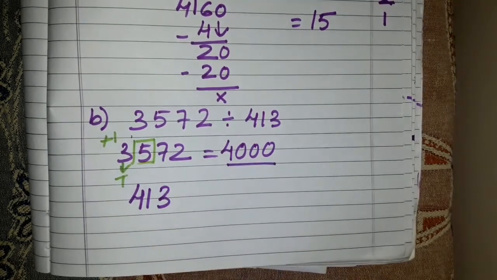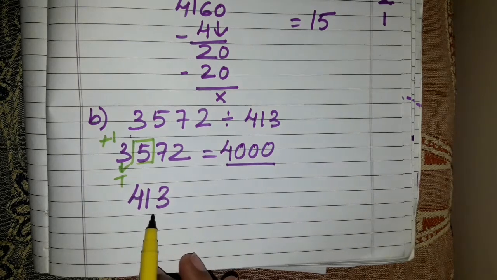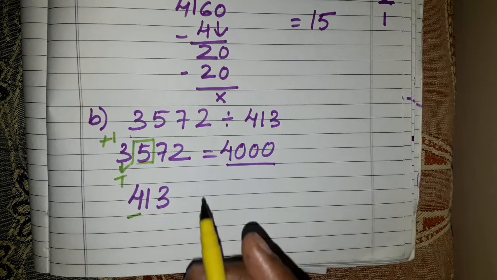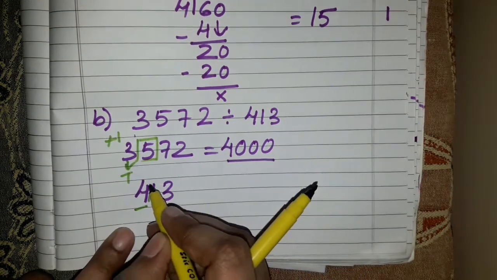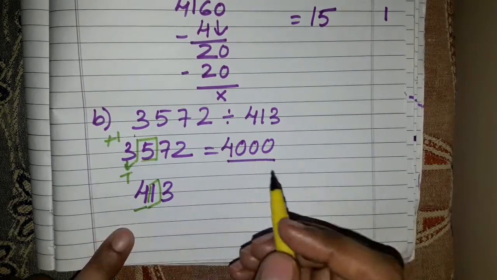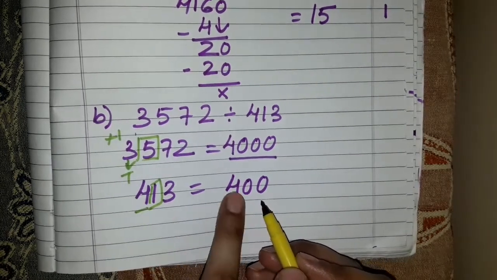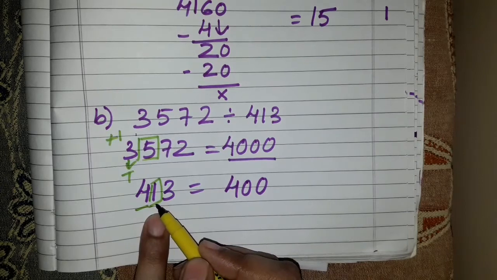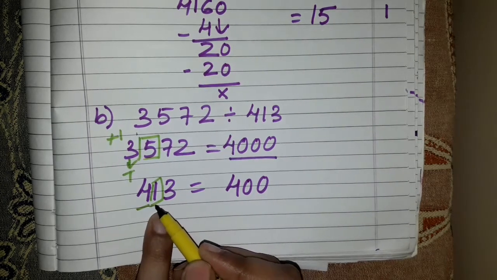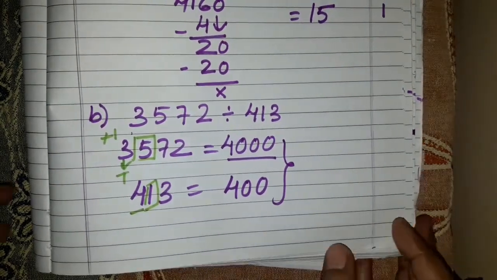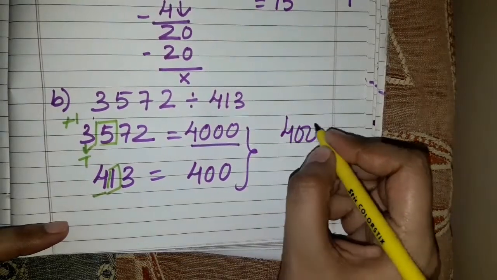Now 413 is the next number which we are dividing by. This 413 is a number in hundreds. So we will round off till the 100 place value. We are going to look at the digit on the right hand side. Now the right hand side digit is 1. It's less than 5. So it will simply stay the same, this will remain the same, and all the digits after this limit, on the right hand side, all become 0, 0. So now the two required numbers are 4000 and 400. Let's divide them.